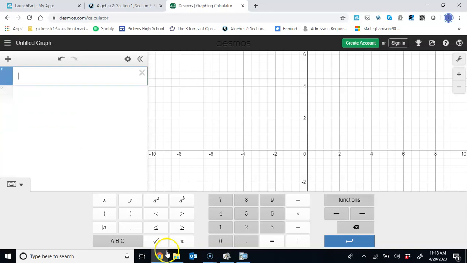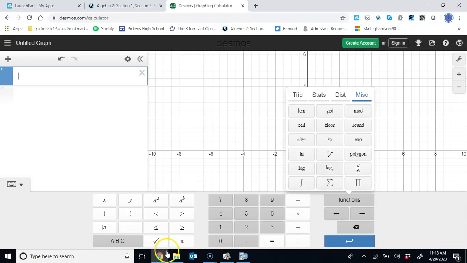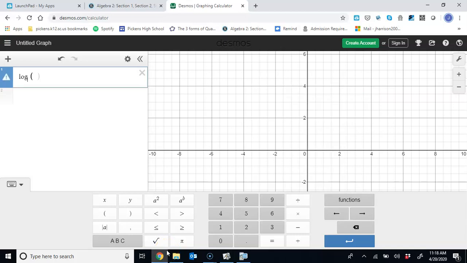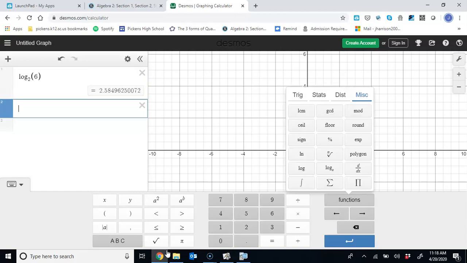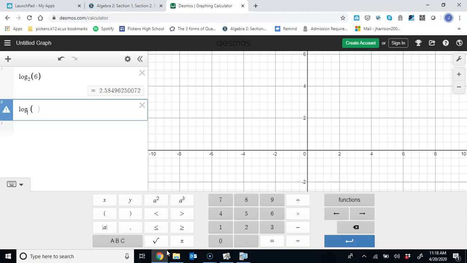Let me double check and see. Underneath the function menu, it looks like right here, see the log base A right there? If you click on that little log base A, it gives you the option. You could type in 2 and do the log base 2 of 6, 2.585. Or you could go in here like we did just a minute ago with our bank account,